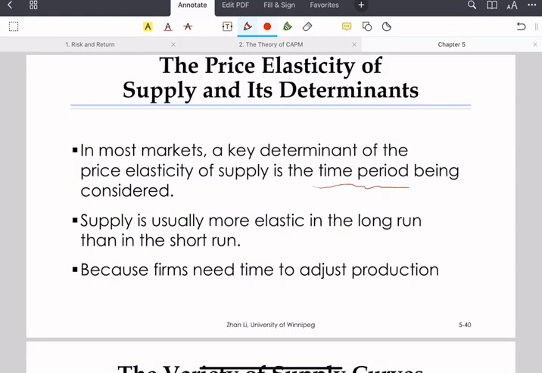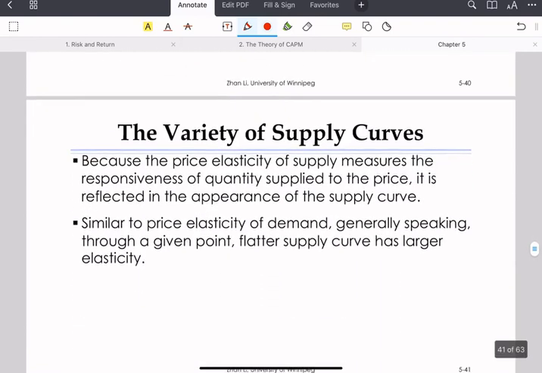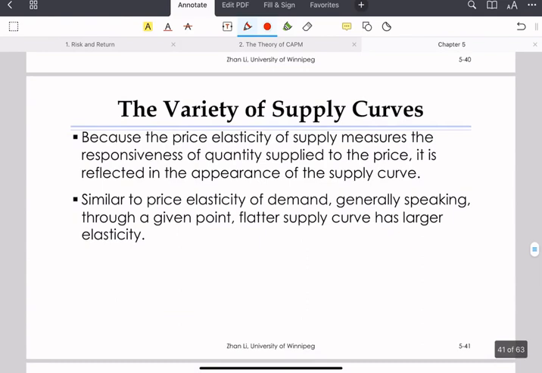Well, because if you see a price increase, potentially, let's say you want to increase your production. However, increasing production needs time, right? You have to make some adjustments, maybe to your factory or buy more machines. In this case, it could take you several months or even more than 1 year to increase your production, right? So that's why price elasticity of supply is larger in the long run or in a longer time. Okay,